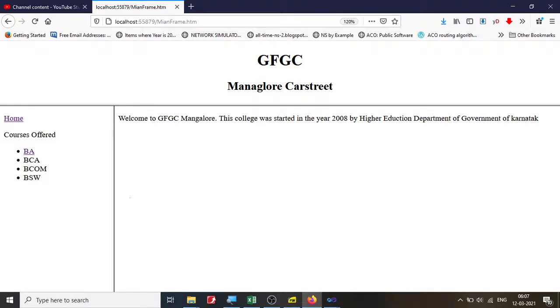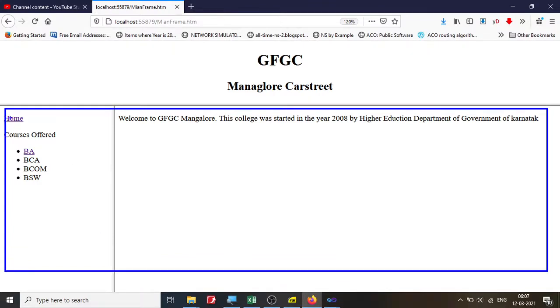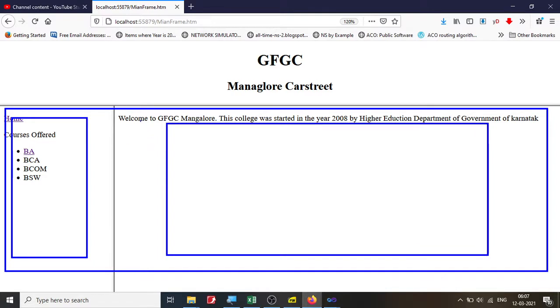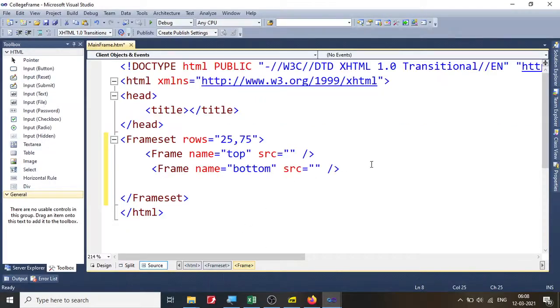Now the problem is the bottom side is again split into two pieces, and there are two sections here along the column. So this is again one more frame set. So the bottom side that you see over here is not the frame as such, it is again a placeholder for the frame. So I'm going to start with